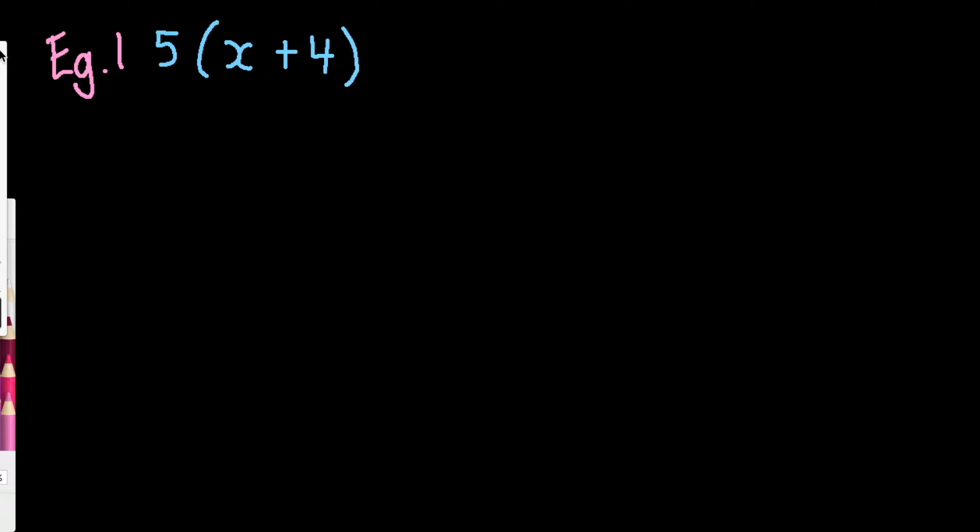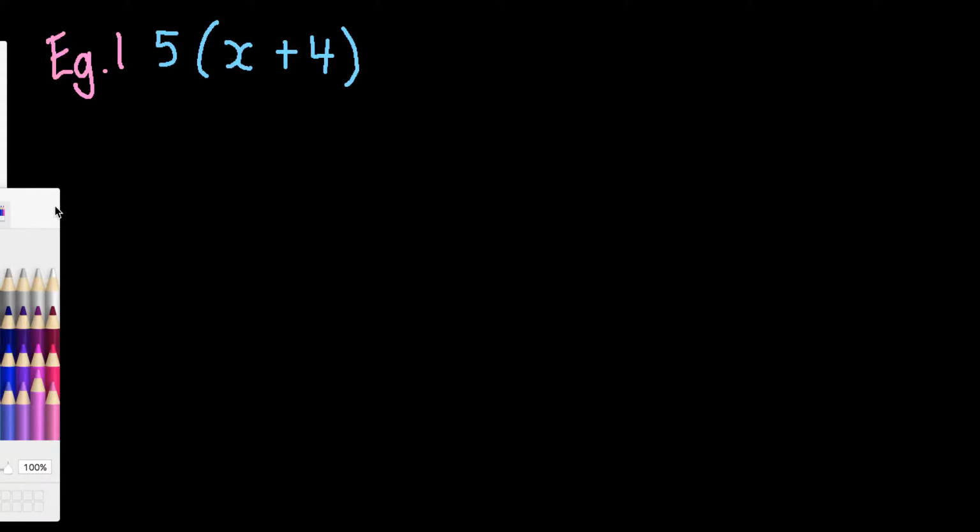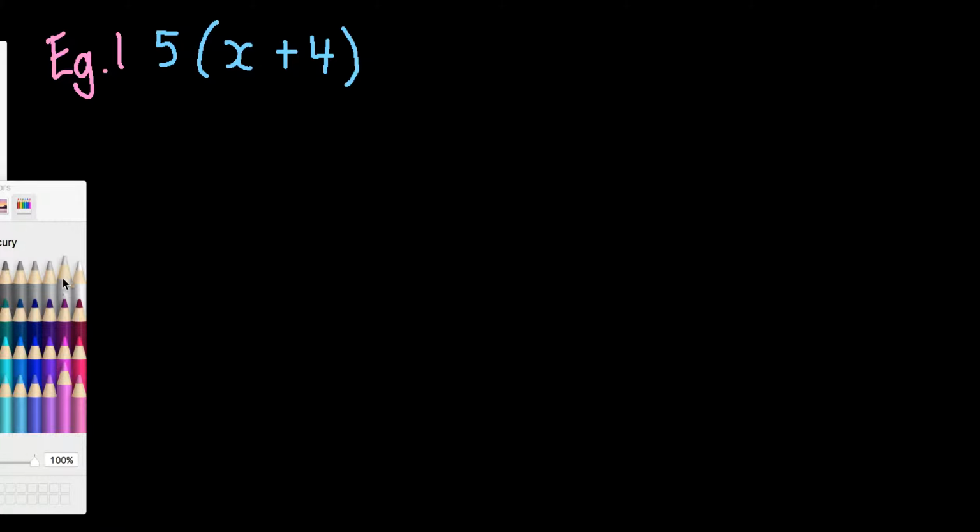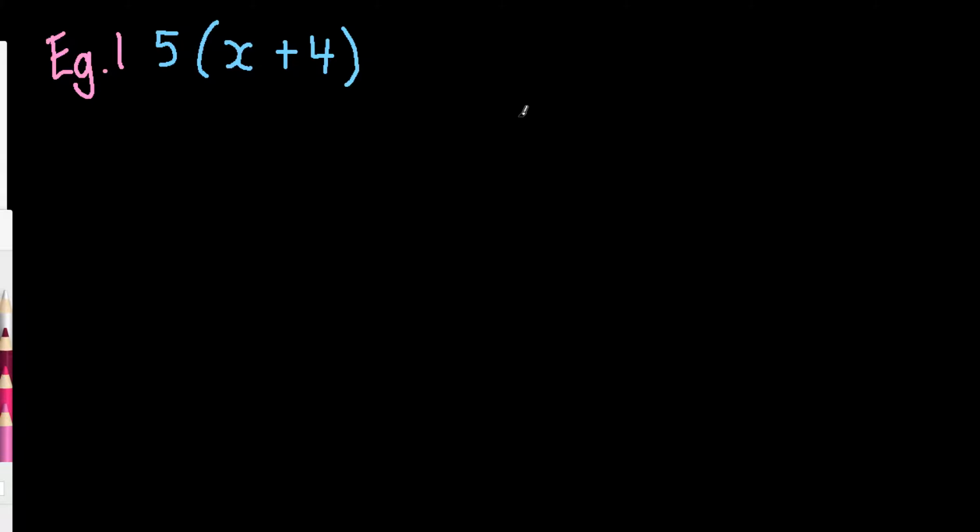With this really basic one here, I'm going to show you why we do what we do. So why is it that we are going to multiply this term here by the number out the front, but also this term, the second term, we're going to multiply that by 5 as well. So just with this one, because it's all positives, I thought that would be the best way to basically show you what's happening. Say I had